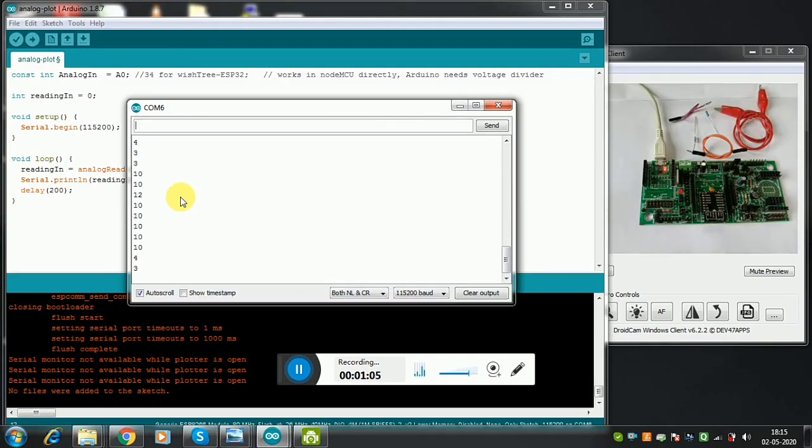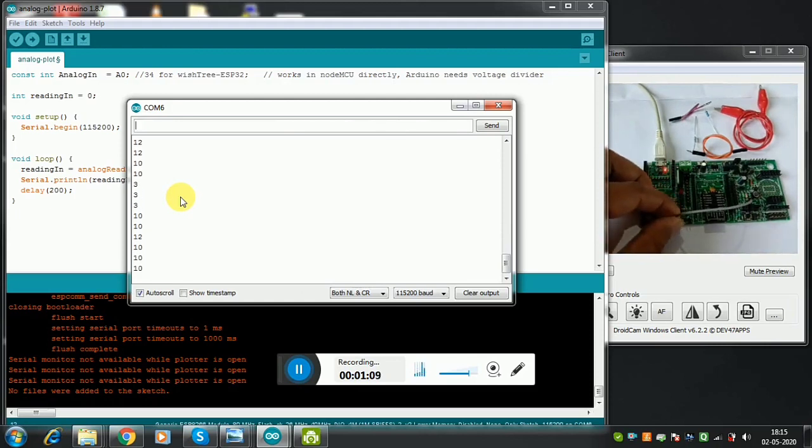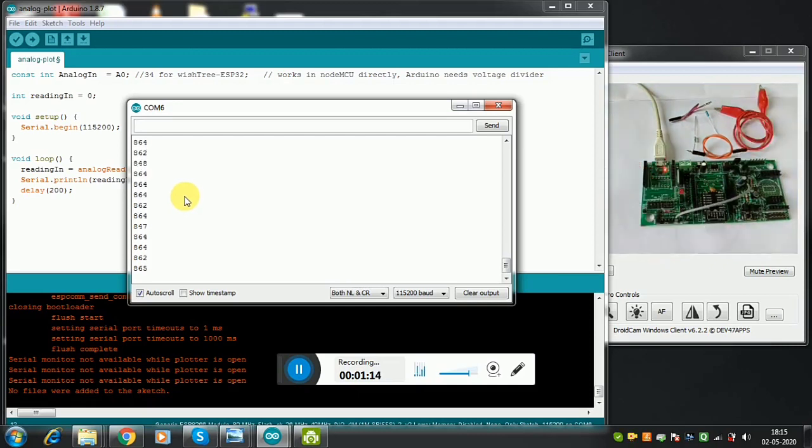ESP8266. So what we'll do is connect this battery voltage from here to our analog in pin. Now let us see the change in the value. You see it is showing almost 864, 865. The laptop is providing 5 volt to the board and this 5 volt corresponds to this value of 860 probably. Because this is a 10 bit analog, the maximum can be 1024. If it is provided the full 1 volt, it will show 1024, and for 0 volt it will show 0. That is the ideal case.